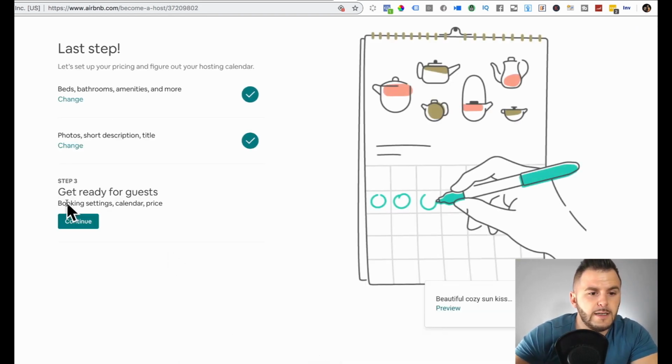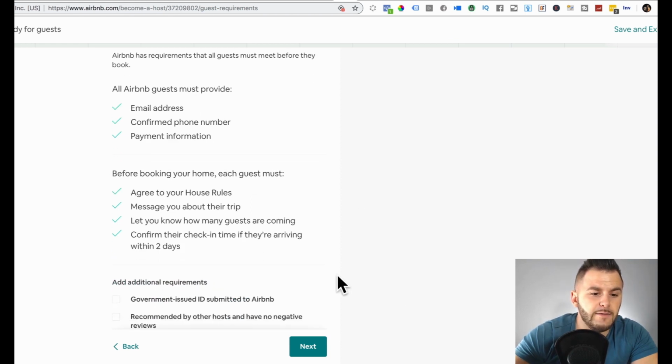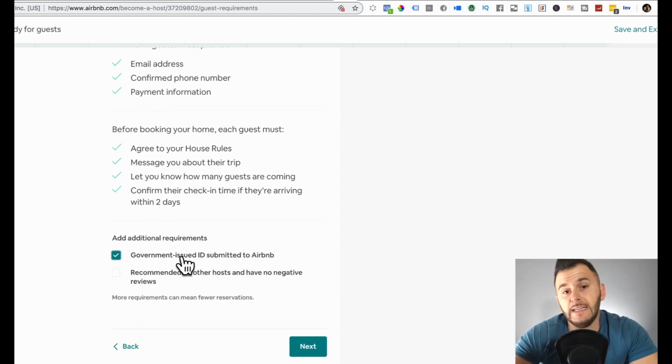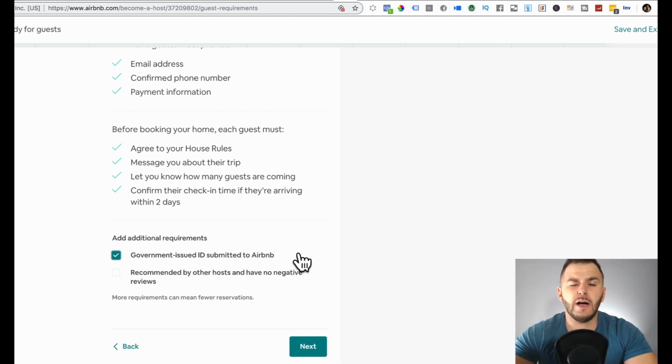Hit next. Get ready for guests. Additional requirements. Do you need an ID submitted to Airbnb from the guests before they book? That's totally up to you. Keep in mind that the moment you add these, it's going to make your property much safer, but it's going to push you down a little bit in the